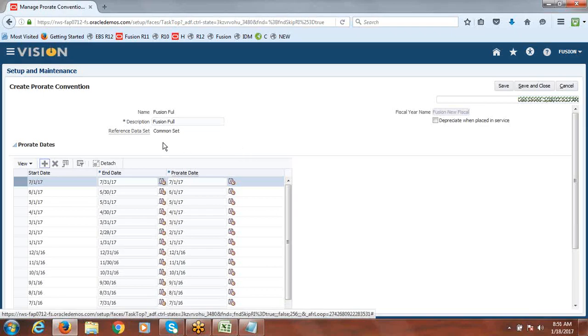Normally when we are doing setups, we'll always use the common data only. That will help us simplify our setup process. Once we're done with implementation, we'll give the privileges to the users accordingly. So when you do implementation also, I recommend using common set only. No need to go with something else. But in the case of customers, we know it's mandatory. We have to create a reference data set for customer sites.